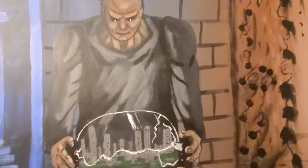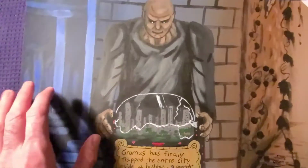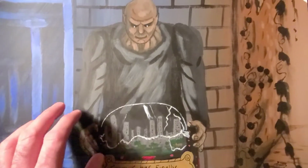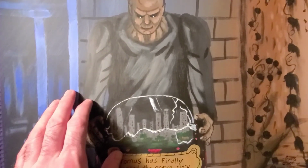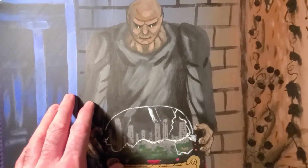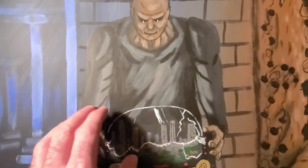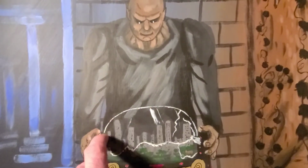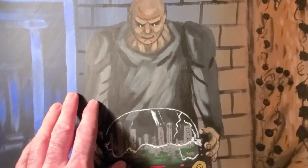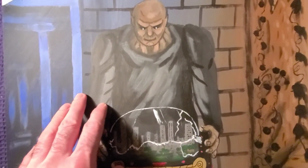In terms of imagination, I think this one is really, really good because of the concept of him being able to watch mankind and being able to watch people anywhere in the world. Now, this doesn't really depict what I'm talking about. This is a city trapped in a bubble that he's trapped. But in the story, in the lore that I created, he can watch anywhere from...